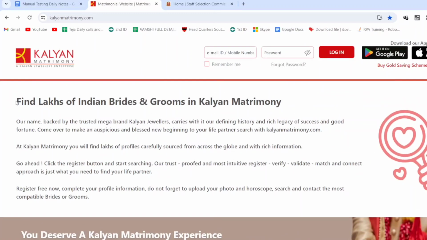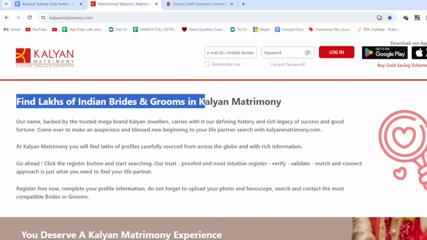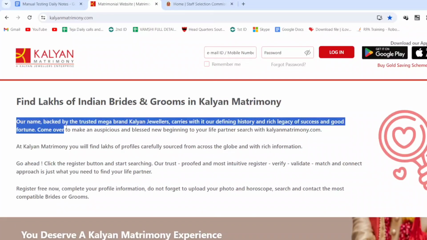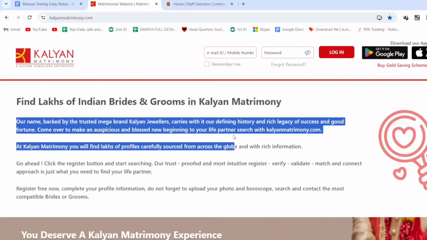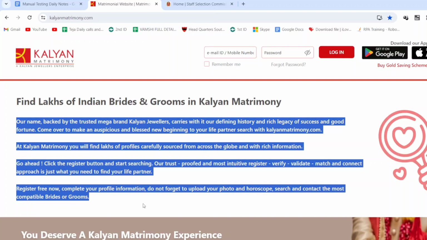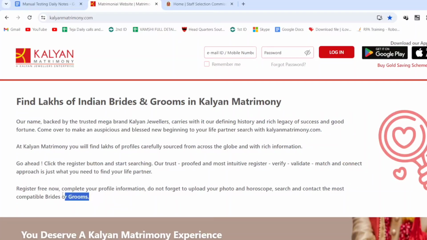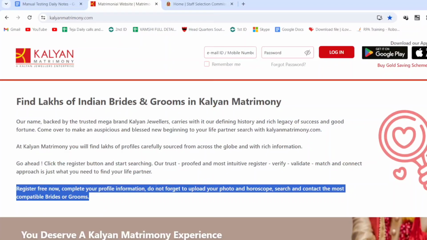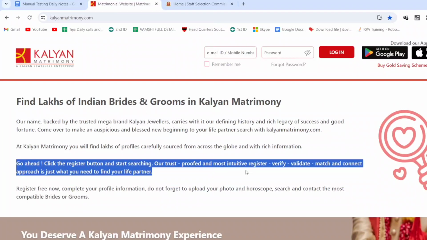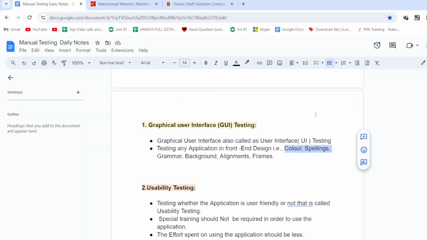See here, the matter is there: "Find lakhs of Indian brides and grooms in Kalyan Matrimony." Here the paragraph is there, about our name backed by the trusted mega brand Kalyan Jewellers. So we have to test this matter, whether the spellings are correct or not, okay. This comes under spellings. Next,